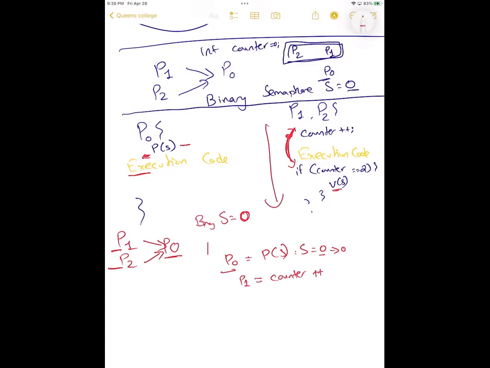Okay. Technically, when we write PS and VS, it just shows that the first line and the last line of this code are going to be this, and the remaining is execution code. So that's what we're saying. So technically,